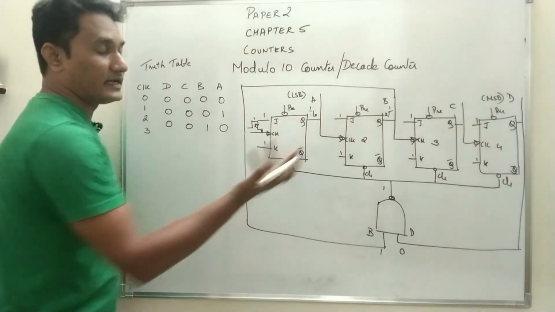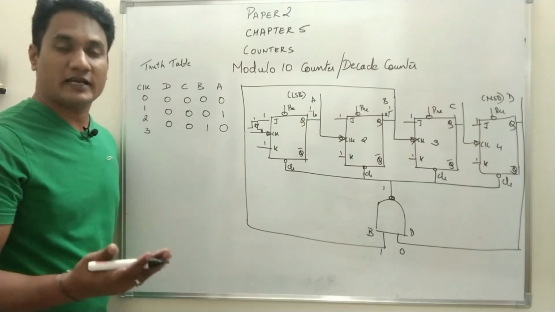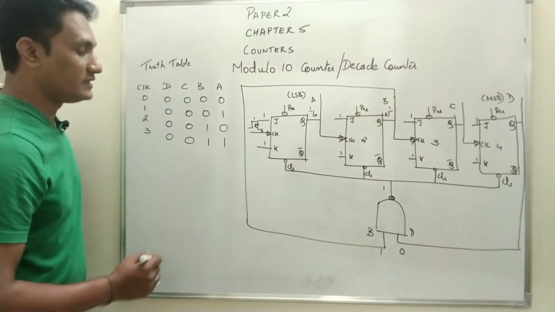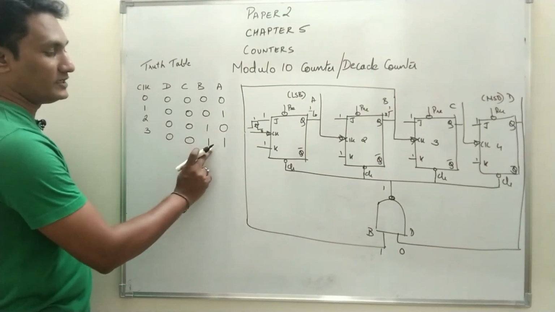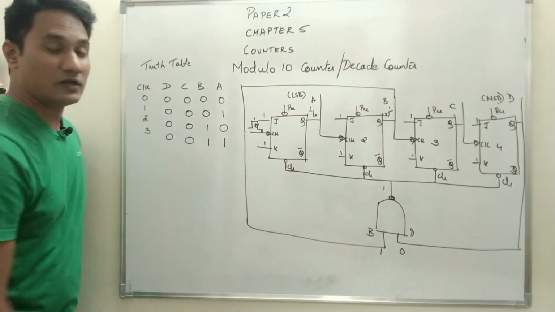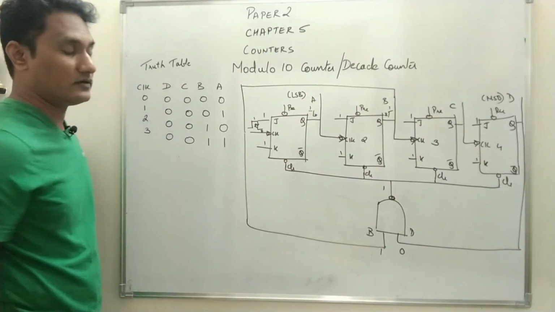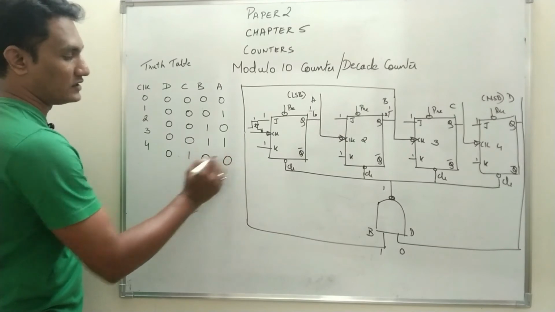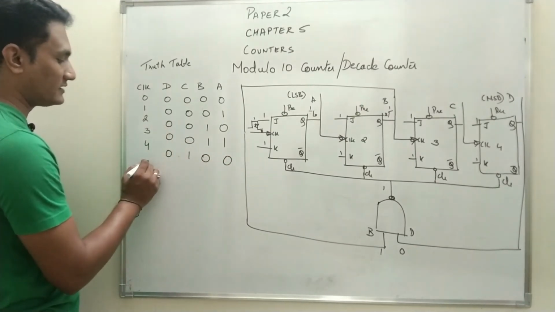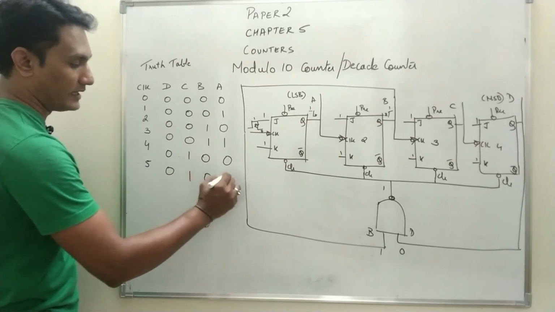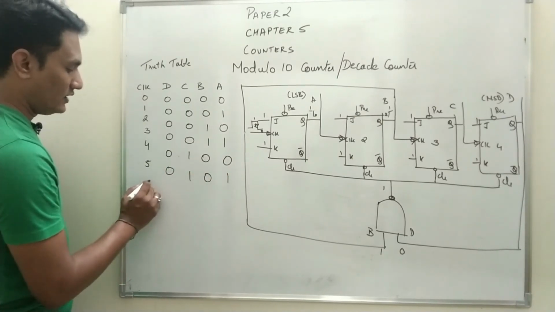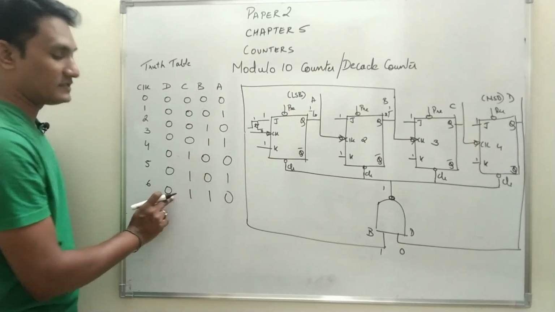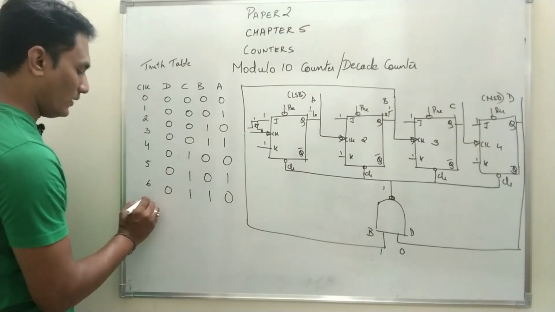So now the circuit resembles the binary count. With each applied clock pulse, the count will keep on increasing. So at the end of the third clock pulse, the state will be 0, 0, 1, 1. Still you can see D is 0, B is 1. If any one of the inputs is 0, the output will be 1 for a NAND gate. And if the output of the NAND gate is 1, the clear terminal will be deactivated. Fourth, 0, 1, 0, 0. Again both the inputs are 0, the output of the NAND gate is 1. Fifth, 0, 1, 0, 1. Still D and B are 0. Sixth, 0, 1, 1, 0. Now again B has become 1, D is 0. Still D is 0, so the output of the NAND gate will be 1.